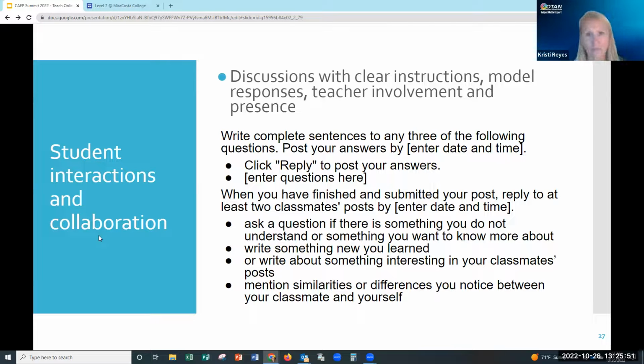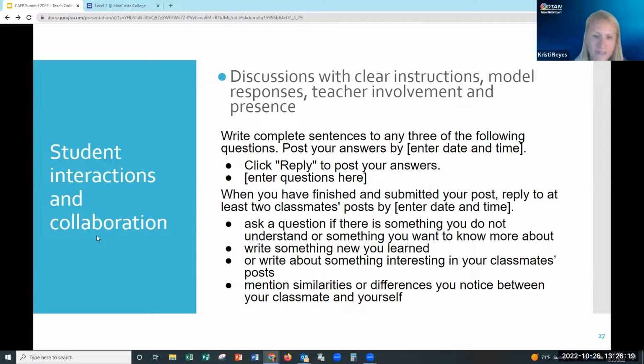After a while, I back off a little bit, but also give a clear date and time of when you want students to post responses, and how they are supposed to respond. Do you want just one word answers, a bulleted list? I want complete sentences. And then for that interaction, we have to have them communicating with each other, but they're not always familiar with that and they don't always know what to say.